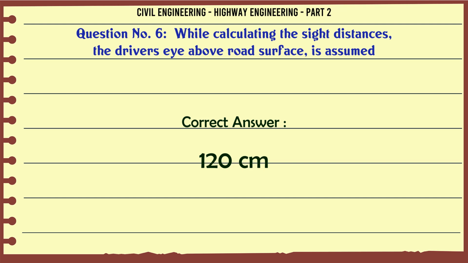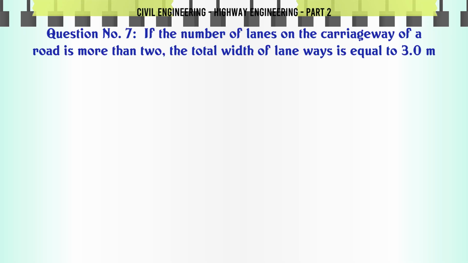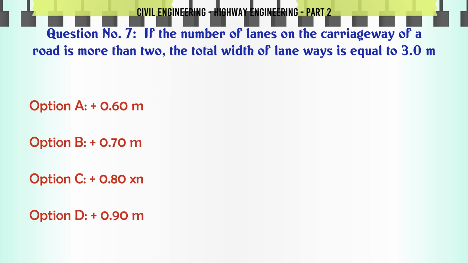120 cm. If the number of lanes on the carriageway of a road is more than 2, the total width of carriageway is equal to 3.0 m. A. 0.60 m, B. 0.70 m, C. 0.80 m, D. 0.90 m. The correct answer is